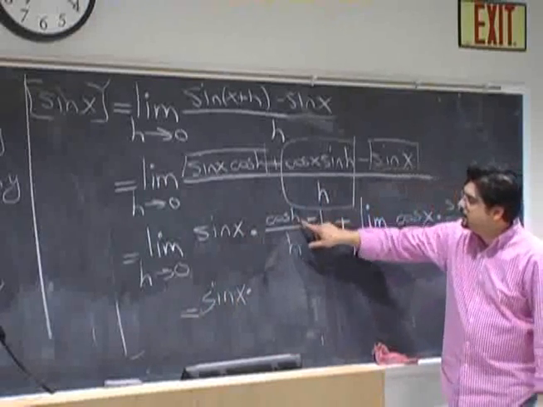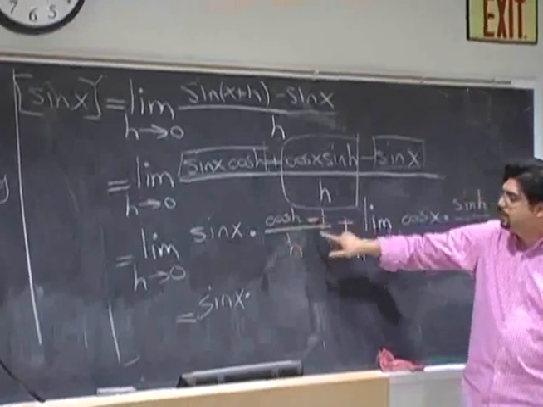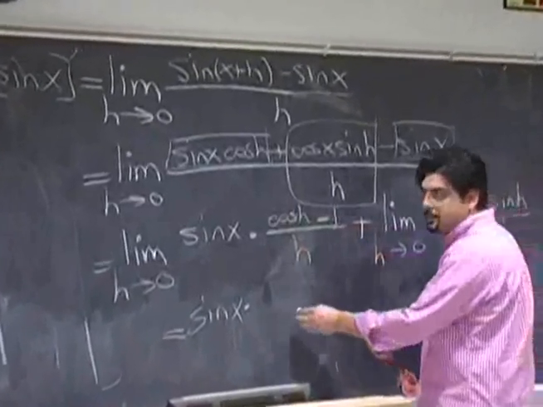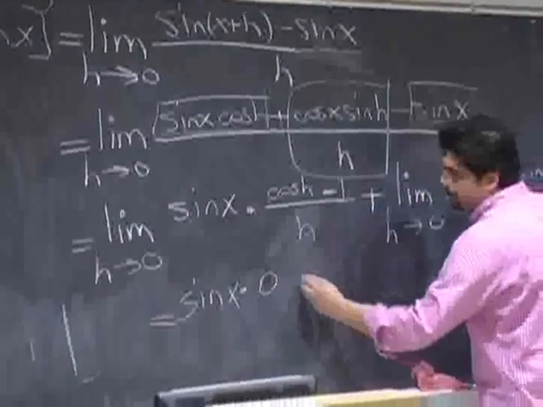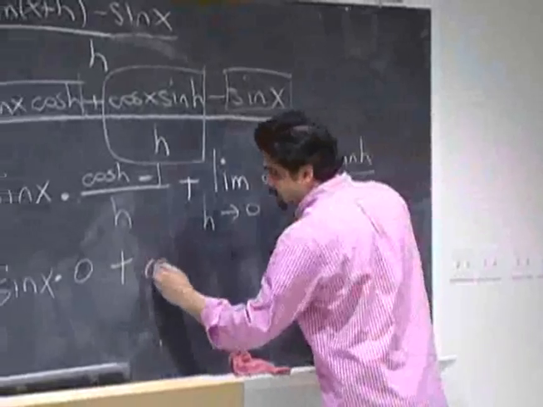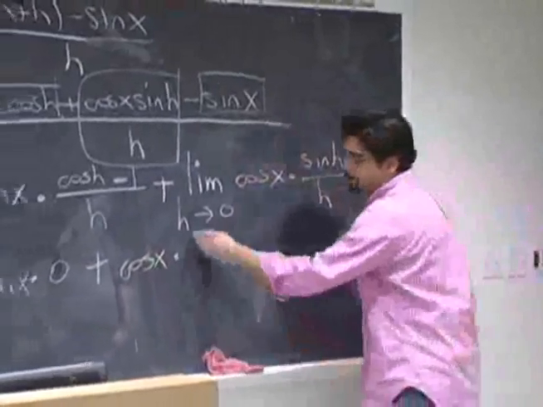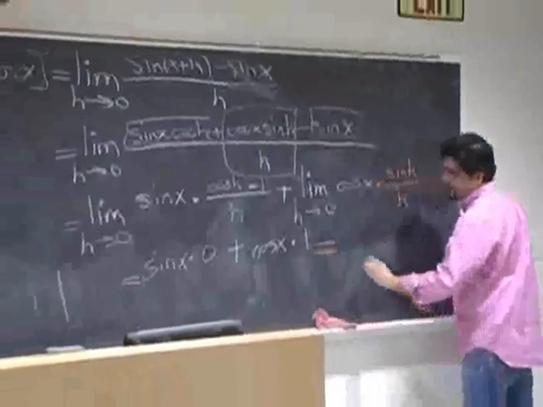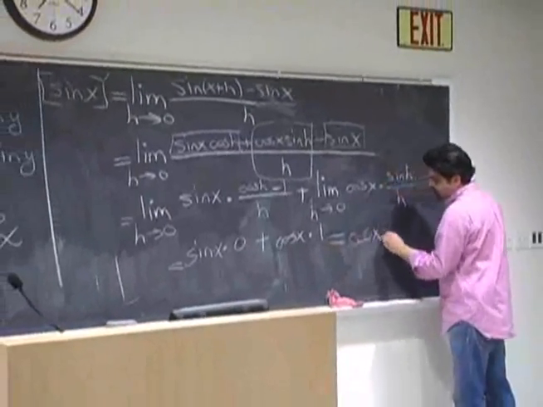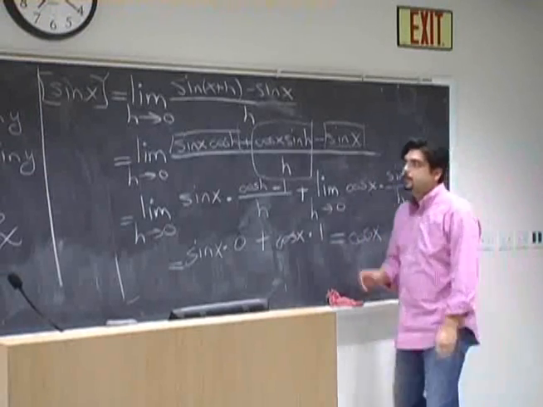Okay, now what's the limit of this quantity? Limit as h goes to 0 of (cosine h minus 1) over h. 0. Plus, and again, cosine x is constant for the purposes here, times what's the limit of this? 1. And what's the answer? Cosine x. Okay? And this is going to be an important